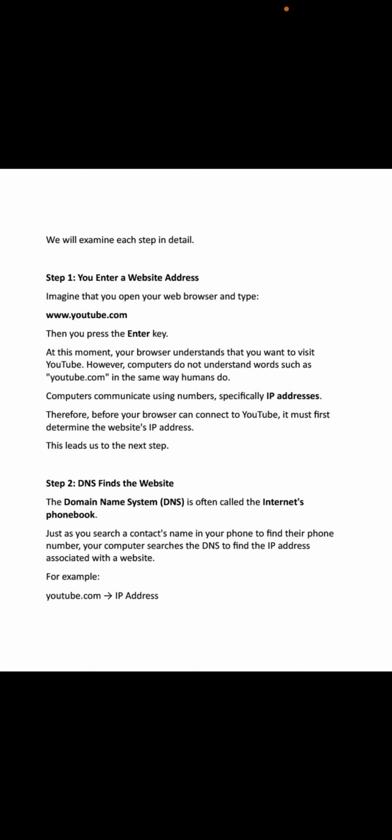Eventually, your packets reach the YouTube server. A server is a powerful computer designed to receive requests from users around the world. The server locates the web page or video that you requested, prepares the information, and divides it into thousands of packets before sending everything back.